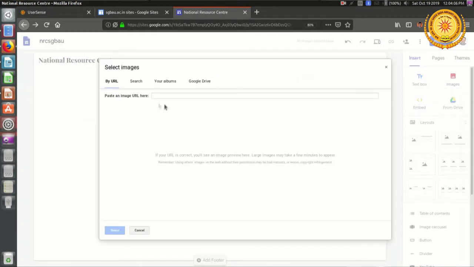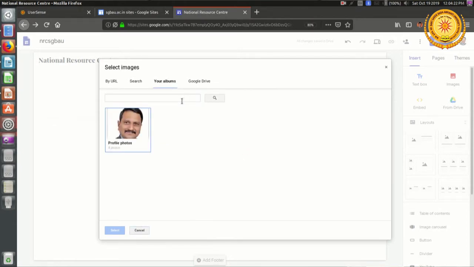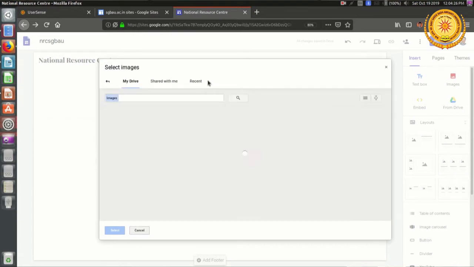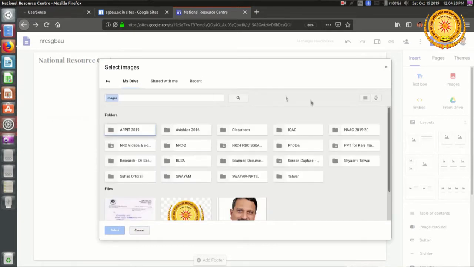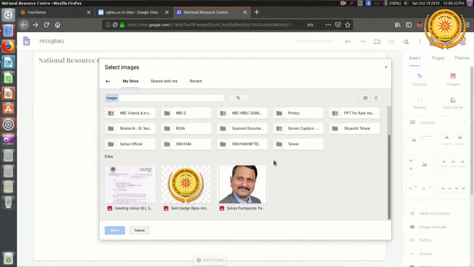Let us see what is shown under that select. So when I click on select, if I do have the address of the image, I can paste that address here, or I can search the image over Google. It will show you the results and then you can choose any of those images. You can choose the image from your albums created on Google Drive, and I can choose any image from my Google Drive folders.